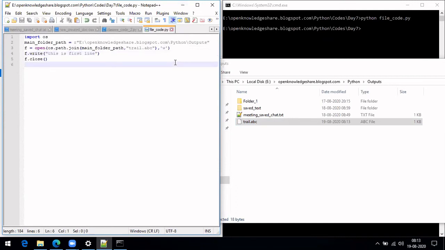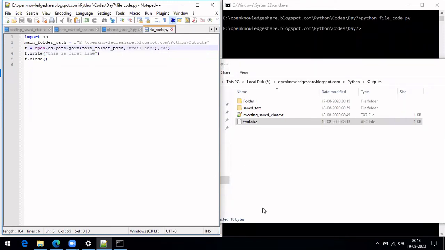And in the next set, let's say you already have something pre-existing, and you want to add one more line, okay? So in that case, you want to retain whatever information is already there, and you want to add a new thing to it. If you open it with write mode, it will actually delete everything.